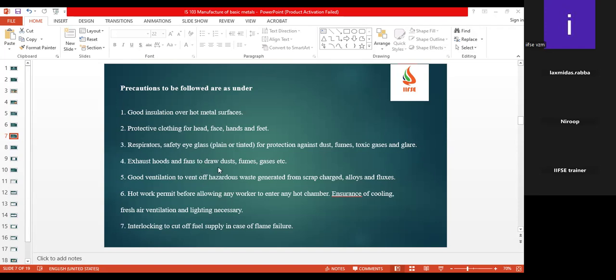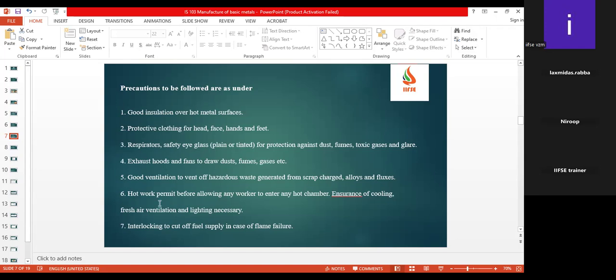Then exhaust hoods and also fans to draw off the dust, fumes and gases. Basically, they place these over the furnace, like the local exhaust ventilation system we discussed in IS 102. Exactly over the furnace they put this exhaust hood so that the instant fumes or gas are generated, it captures them and takes them out to the exhaust system. Also good ventilation to vent off the hazardous waste generated from the scrap charge, alloys and